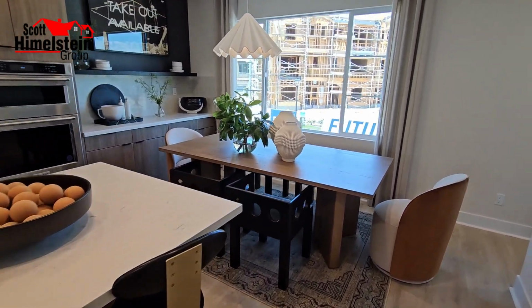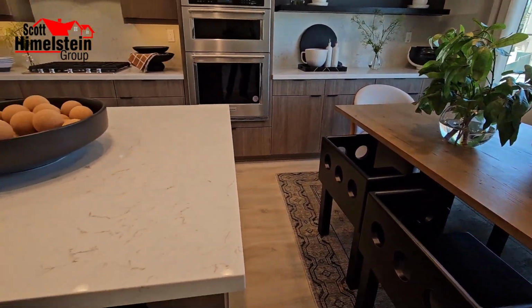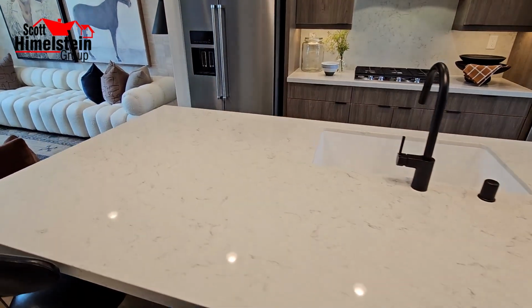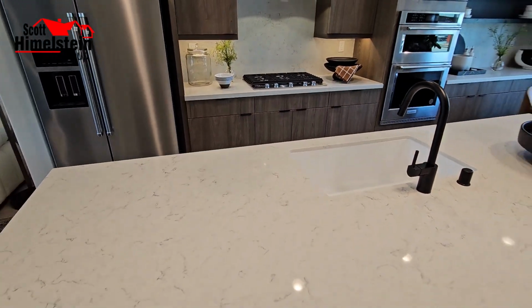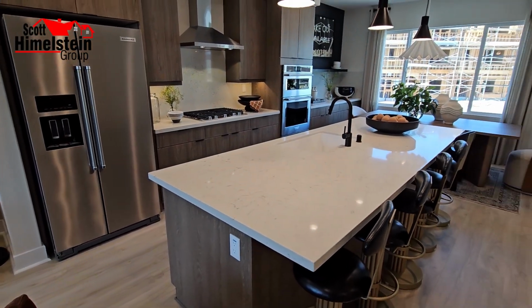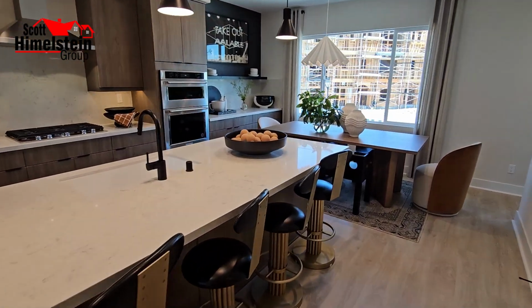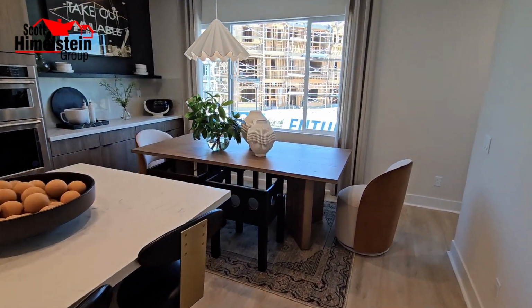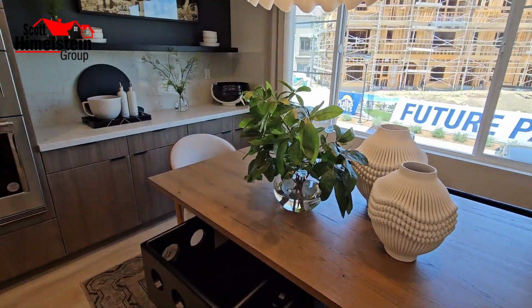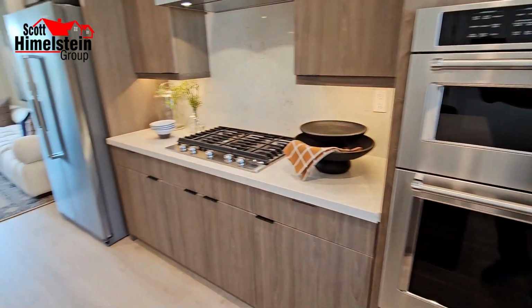So taking a look around, you got this large great room over here, your quartz countertop on your large island counter right here has your sink basin. And again, like we were talking about as we were coming up the stairs, you don't have to design anything in this home, which is great because many times you'll have to go down to the design center. You're going to have to put down a deposit, many times 20 to 50% of the amount that you actually have to